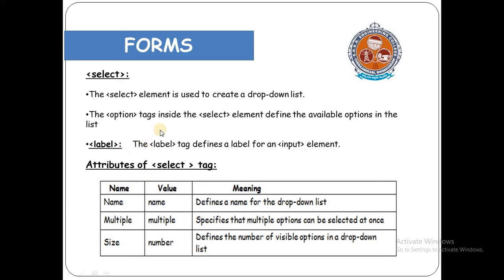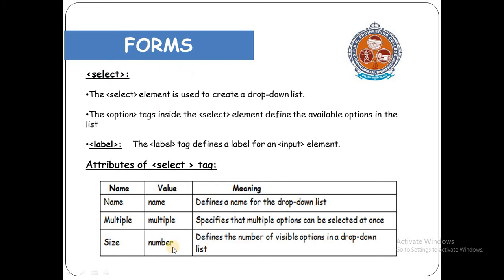The option tag is like the items we created in ordered and unordered lists. In select, by giving options, if you want to enter Chennamayaram in one option, Rayalam in one option, and Pedamayaram in one option, we use the option tag. These options must be in between the select tags. Some attributes for the select tag are name equal to name, and multiple, if you want to select multiple options like Chennamayaram, Pedamayaram, etc. For these you must give multiple.